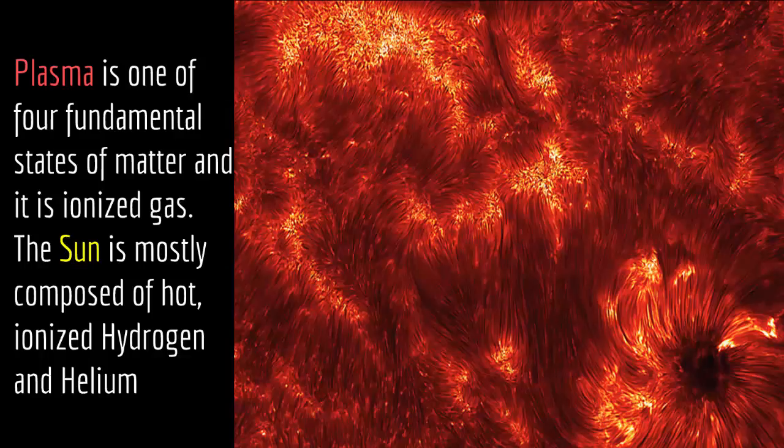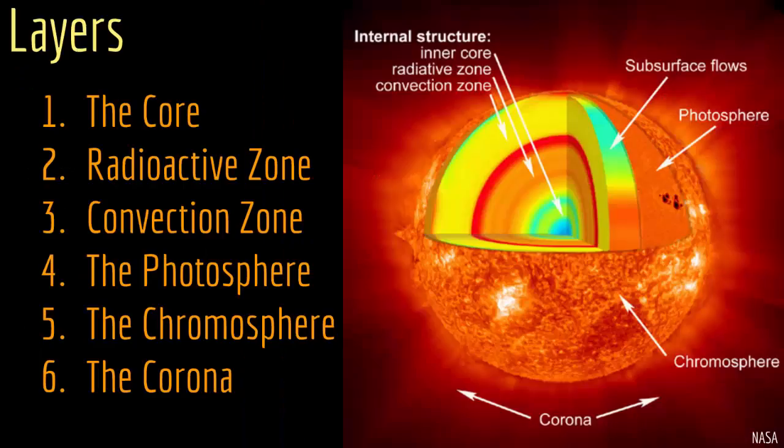And the entire sun is made out of plasma, or it's made out of ionized hydrogen and helium. We have very small percent of neon, carbon and oxygen and other gases, but the majority of the sun is composed of hydrogen and helium. Actually, it's composed of ionized hydrogen and helium. Okay, so now we know what the sun is made out of, but what is the structure of the sun?